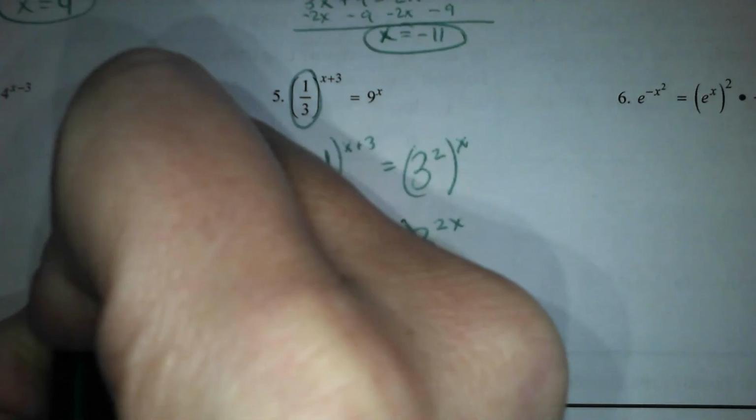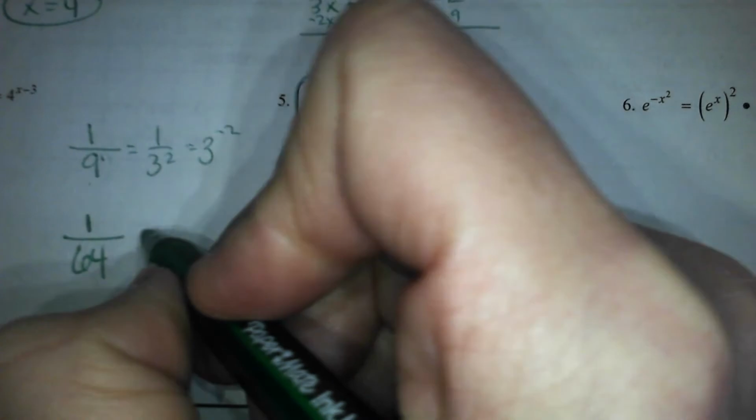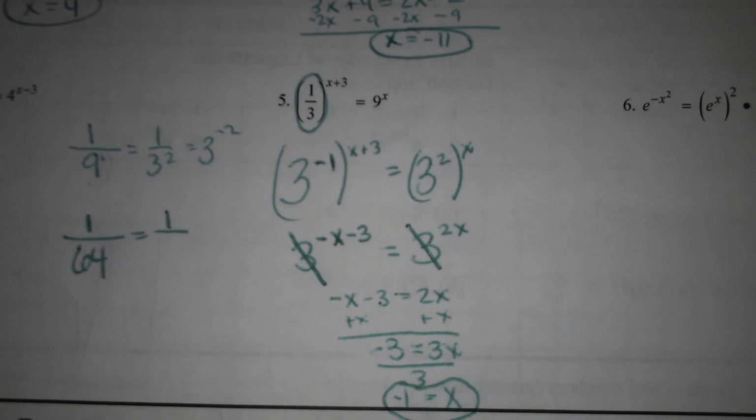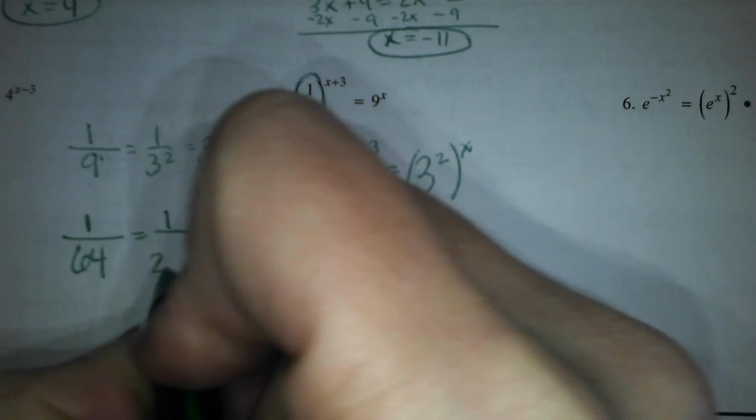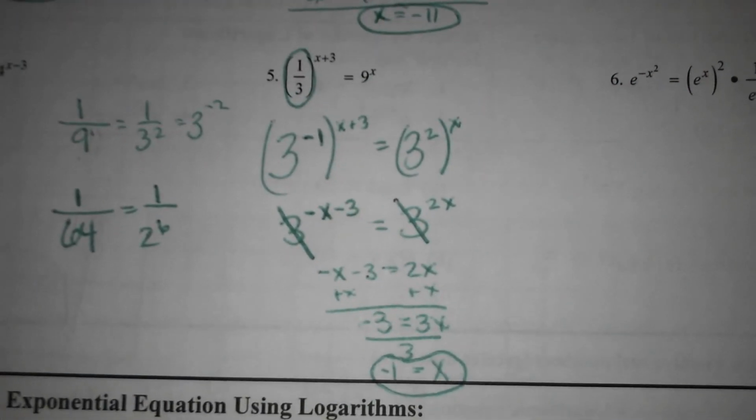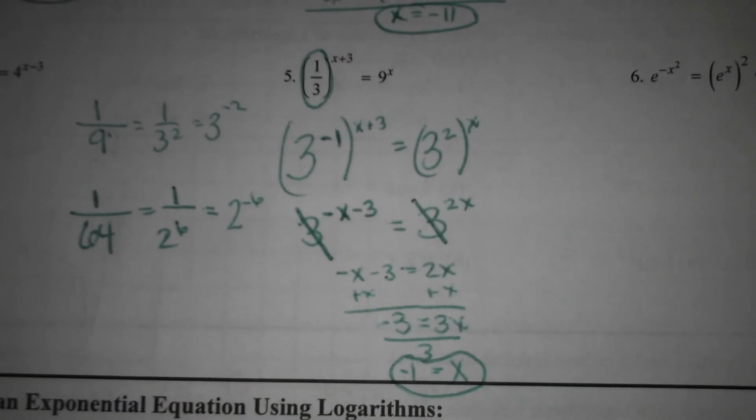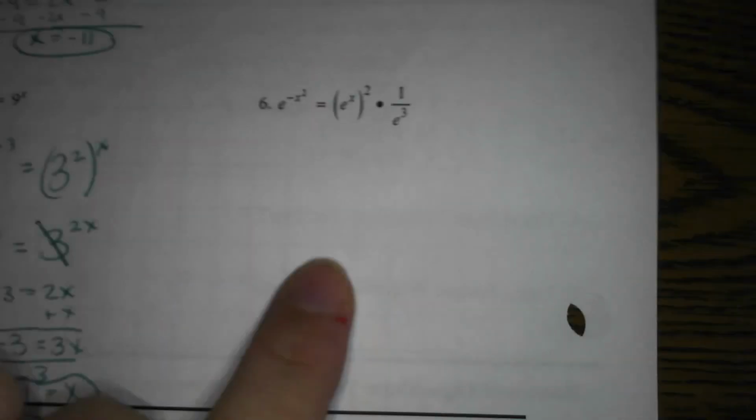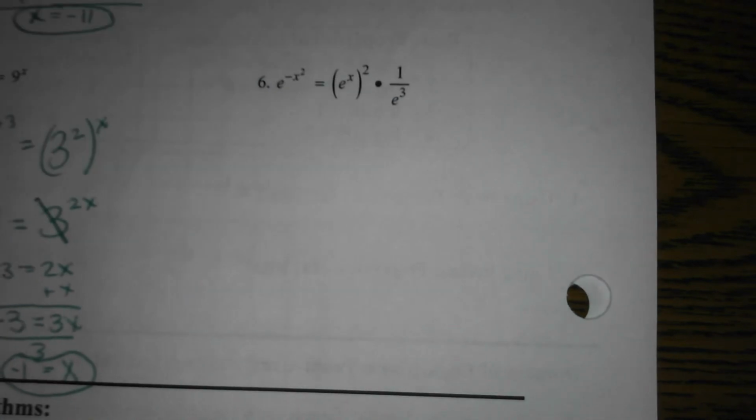So if I did 1 over, I don't know, 64, that would be 1 over 2 to the 6. Or 4 cubed, if you wanted it to be a 4. And that would be 2 to the negative 6. Good? Anything else? The last one, number 6, is same idea, a little bit more complicated just because